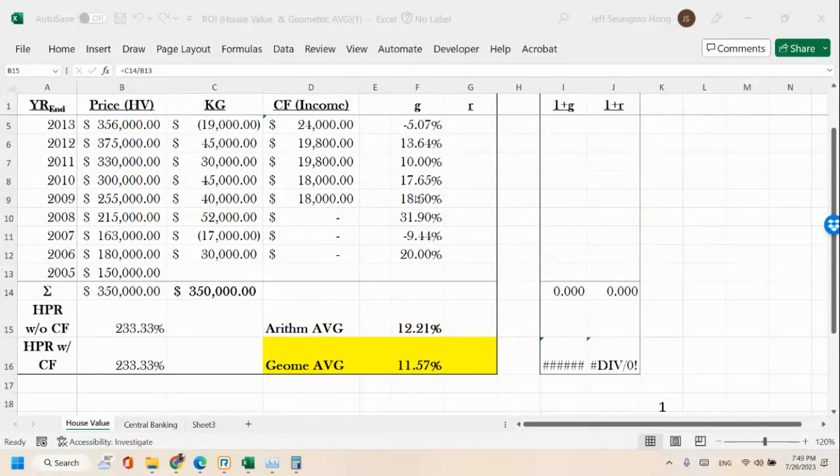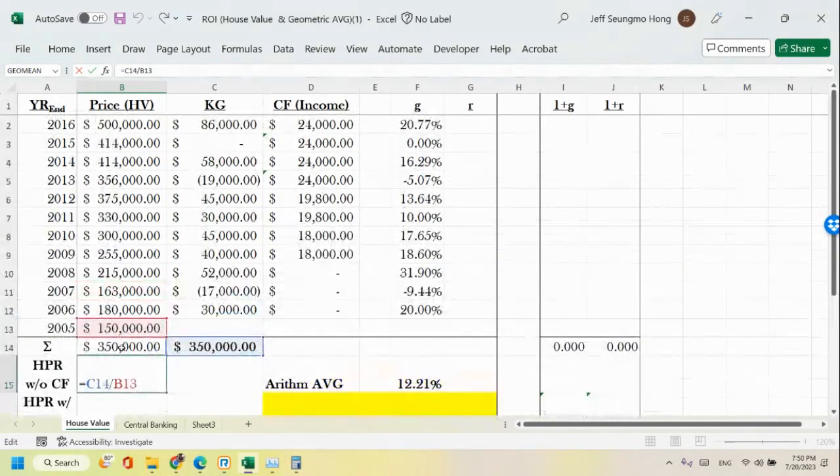You just live in that house, so you don't rent it out, so there's no rental income. Then there will be only capital gains or capital loss, right? So over these 11 years, capital gains was 350K, and you divide it by P0, or PT. Yeah,